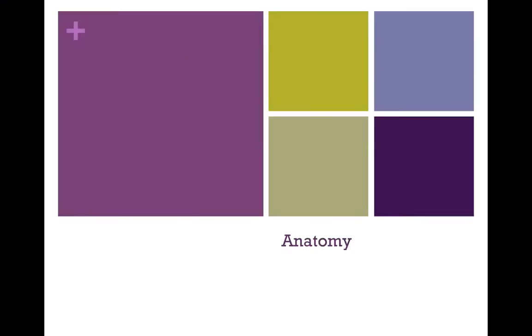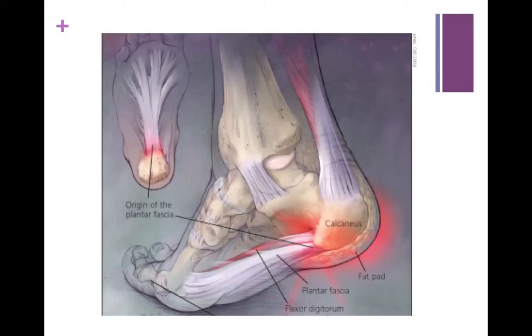In this video, we will discuss the anatomy of plantar fasciitis. The plantar fasciitis affects primarily the plantar fascia. The plantar fascia is a fibrous sheath of connective tissue that is a continuation of the Achilles tendon, where the majority originates from the medial tuberosity